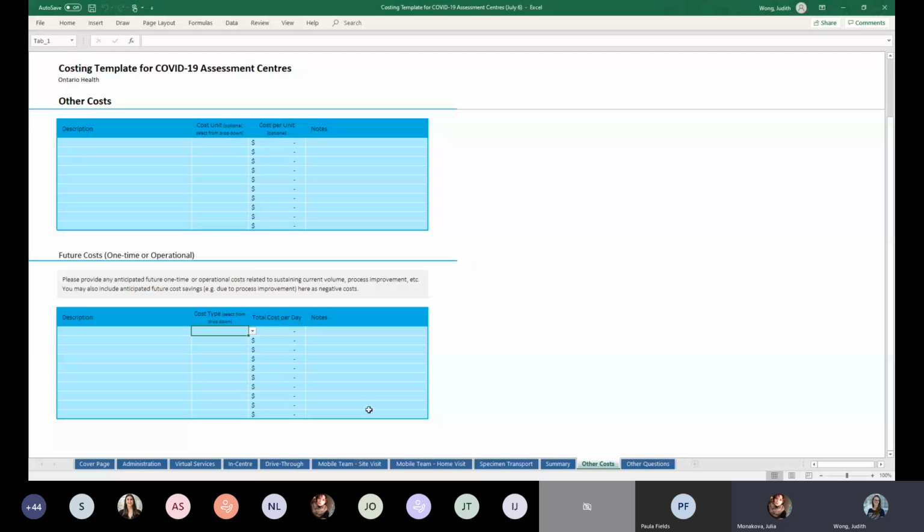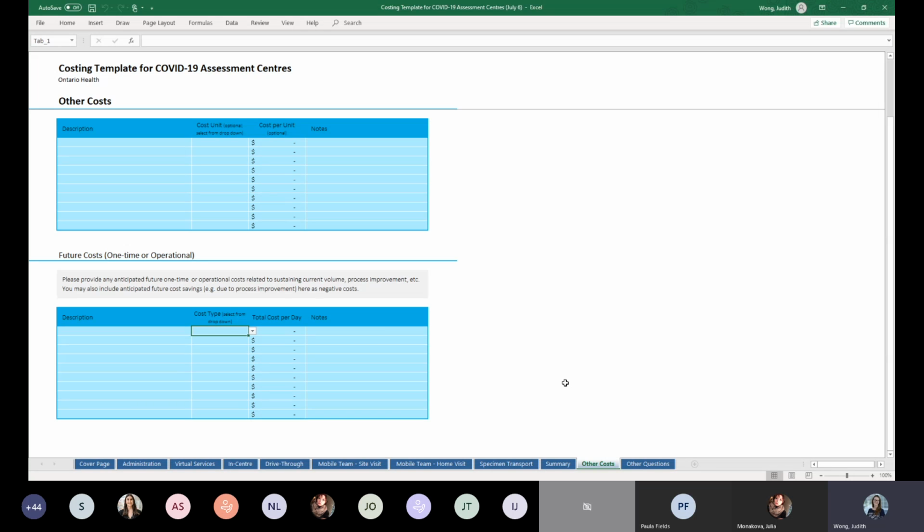Okay. So I guess if the community center is reporting, it will be sending us a template, right? So if that community center is sending us a template, then those costs should be reported on their template. So if you are contributing in-kind staff to another assessment center, then your staff should actually show up on their template so that we understand the full scope of costs that are associated with that testing site.